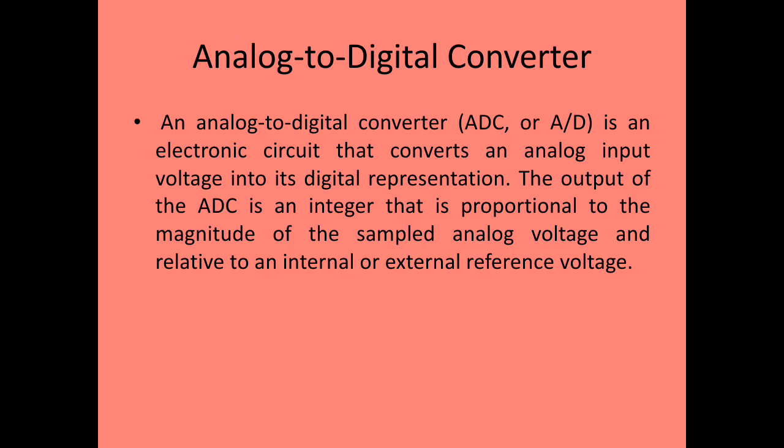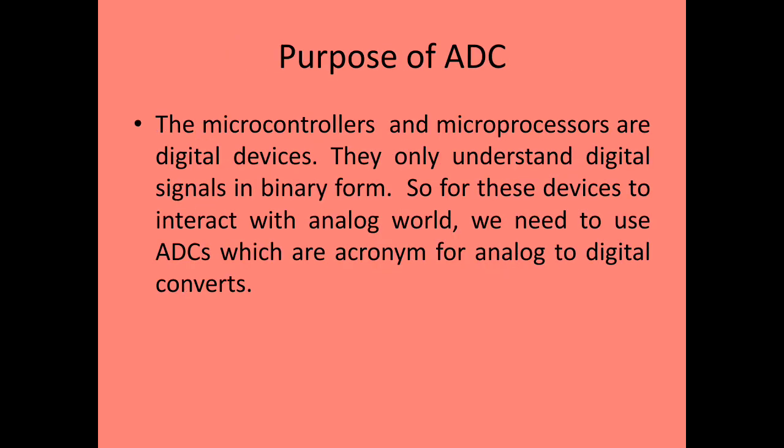So this particular device is very much needed in the MSP430 microcontroller and all other microcontrollers and microprocessors. Why? Because these are all digital devices. That means they understand digital information and can process only digital information, that is, in the form of binary. But in the MSP430 we are used for processing of analog information and digital information. That's why it is called a mixed signal processor.